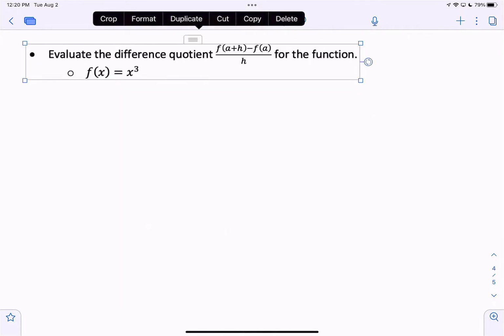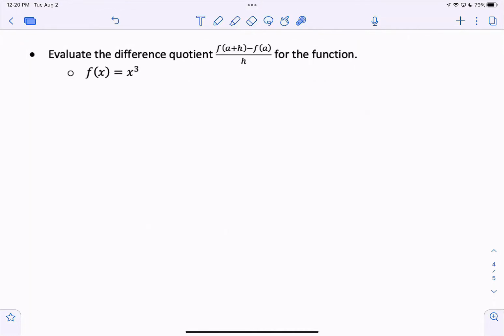Evaluate a difference quotient, f of a plus h minus f of a divided by h. That is something you should memorize. For the function f of x equals x cubed, what we're going to be doing here is really refreshing our function notation. So here, f of a plus h minus f of a divided by h is going to equal, for f